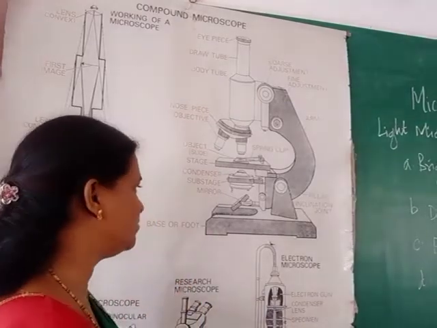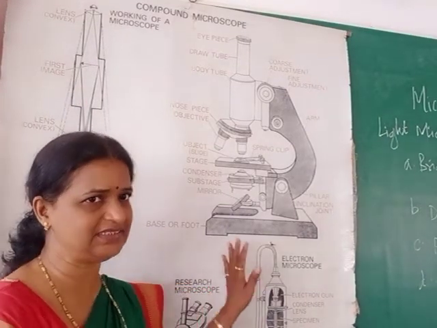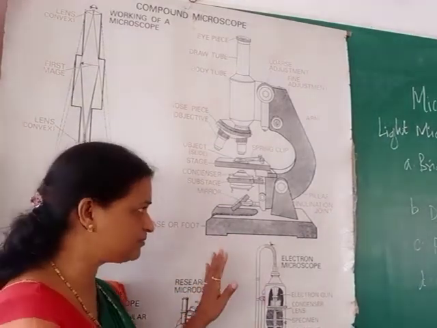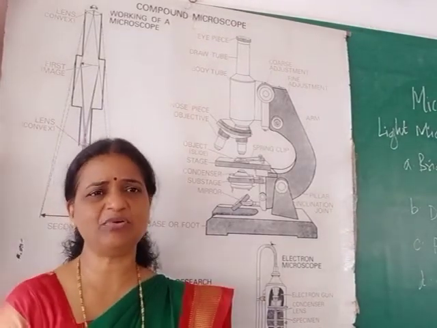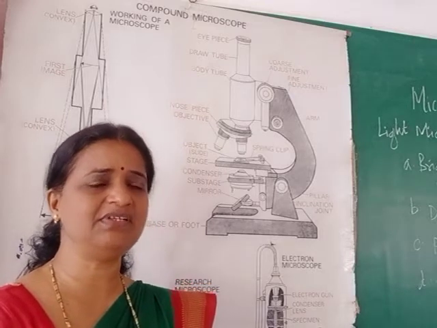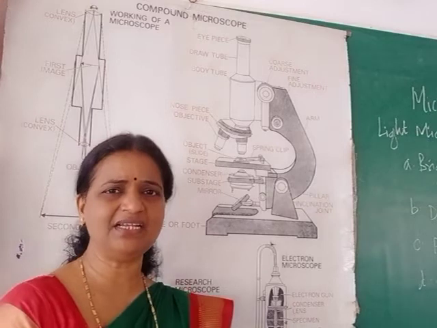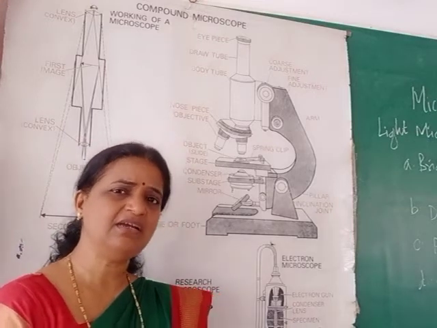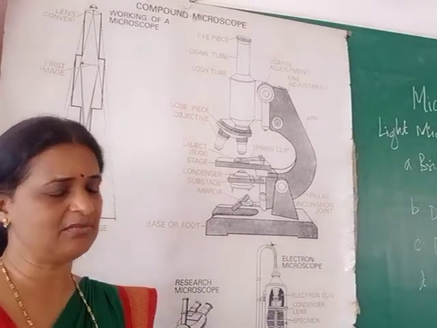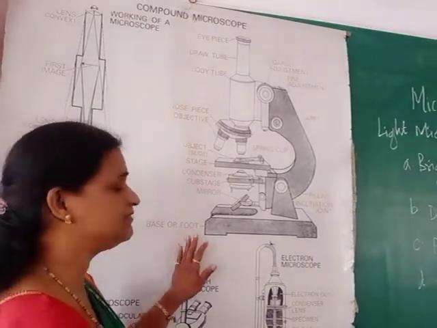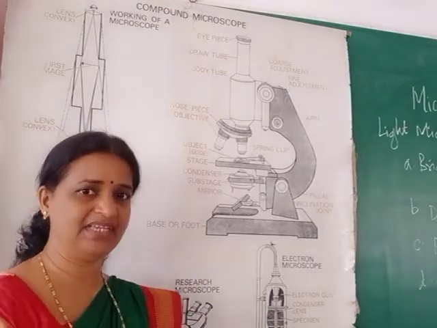There are two major types of parts in the compound microscope. The first type is called mechanical parts, and the second type is called optical parts, as well as parts required for illumination. Optical parts are again divided into illuminating parts and magnifying parts. First of all, let us go to the mechanical parts of the compound microscope. Mechanical parts form our microscope; that is, this microscope is made up of mechanical parts.